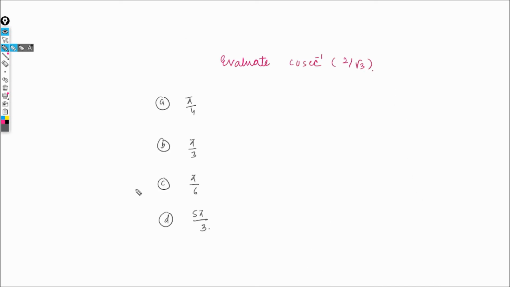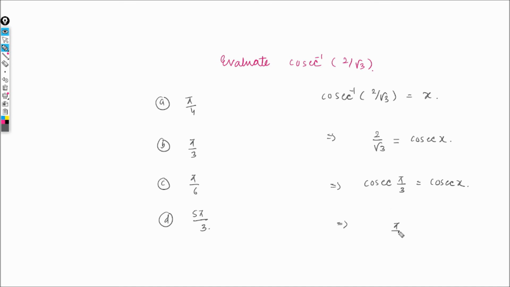Our next question is to evaluate cosec inverse 2 upon root 3. Cosec inverse 2 upon root 3 is equal to x. So this implies 2 upon root 3 is equal to cosec x. This implies 2 upon root 3, which is the value of cosec pi by 3, is equal to cosec x. So this implies pi by 3 is equal to x, and pi by 3 is belonging to